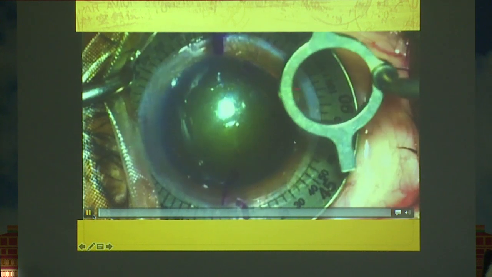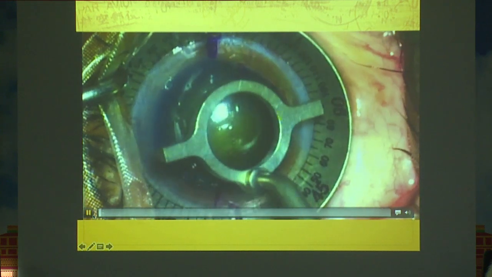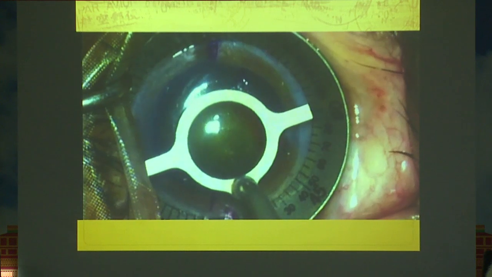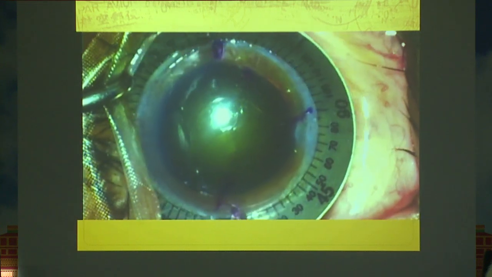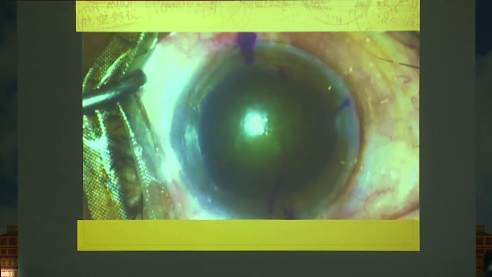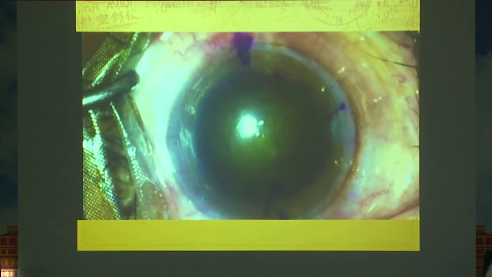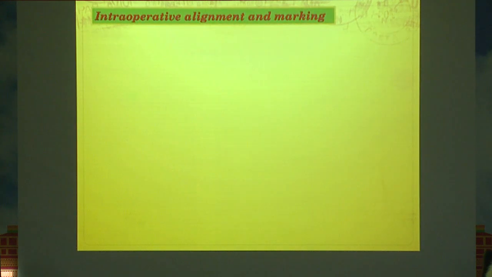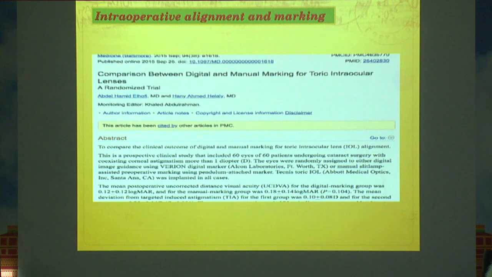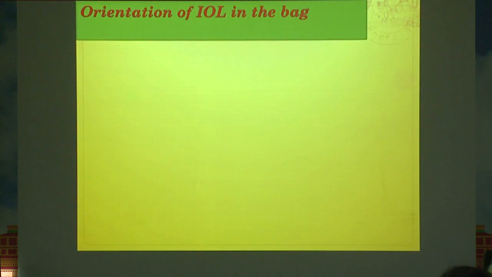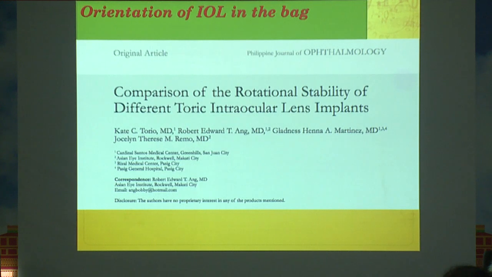If you mark this type, this is a manual marker. First you have to mark the perioperative axis, then on the table you have to mark the axis of implantation. But the marking should be precise, otherwise you will have a problem in aligning the axis. Or you can use markerless, which I have already shown in the previous slides. Rotational stability, already talked about it, and